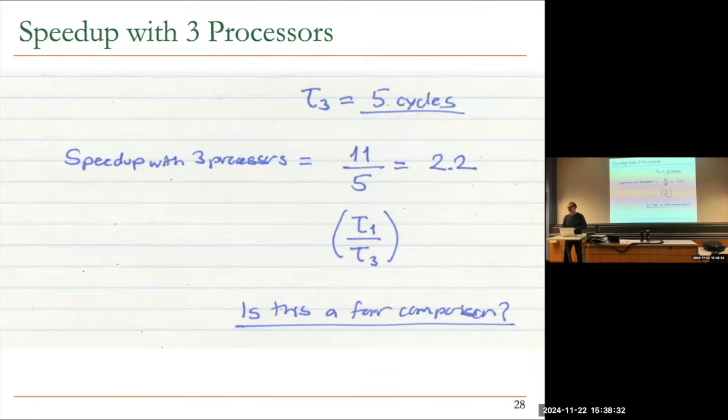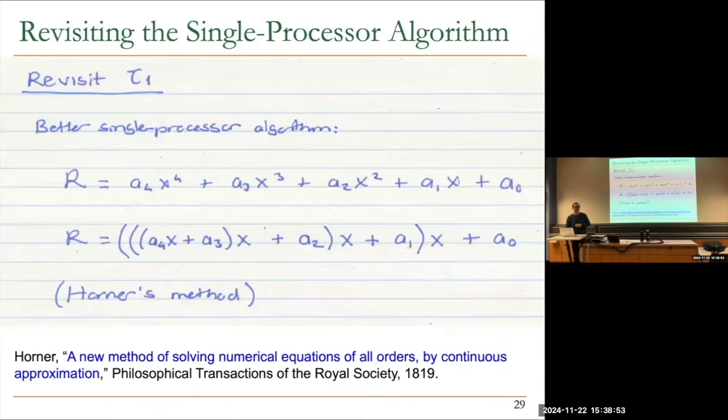This is when the minority wins. It's absolutely not fair because the single processor algorithm, even though the majority suggested that 11 is the right answer, it's not the right answer. So an informed minority, maybe, we'll get to that, at least me, but you probably also, would revisit the single processor algorithm with what you learned in high school. How many people learned Horner's method in high school? You learned, there you go. You learned also? How many people did, I'm curious actually, seriously, how many people learned and remember, of course, Horner's algorithm? Not remember to the point of using it, but to the point of like you actually learned something like Horner.